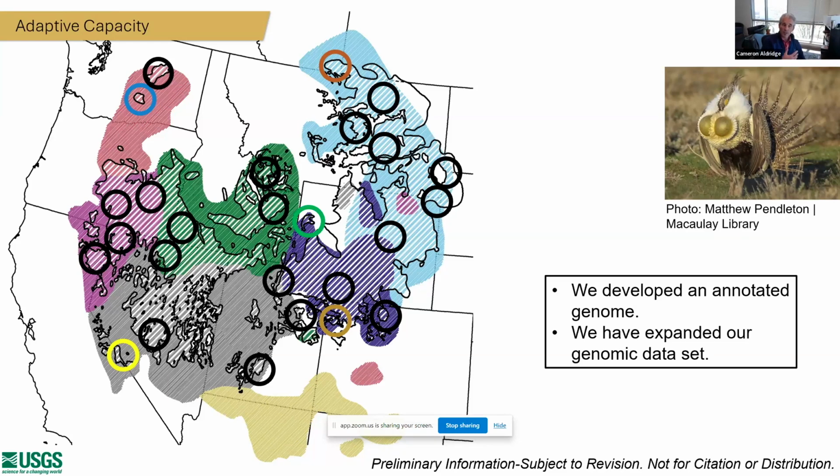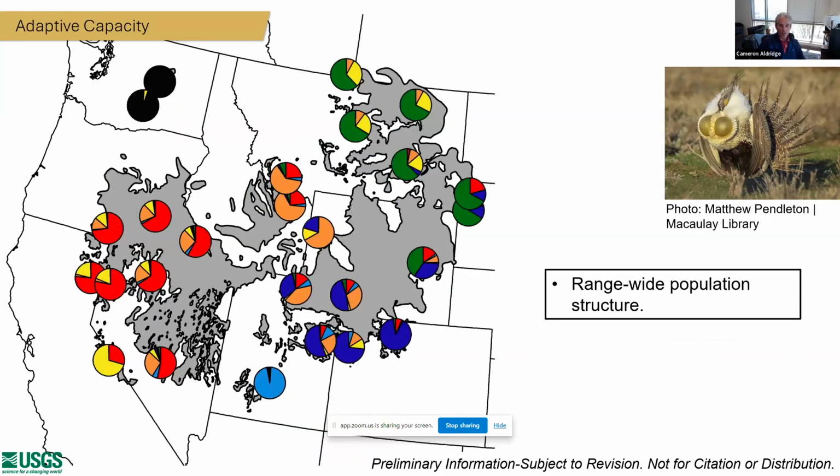That has huge implications for translocation of sage-grouse, as well as for climate change. As climate tends to shift, we're going to see transitions. We need to make sure that sage-grouse are occurring in the right places that they're adapted to, or ensure that they have the right genes to be able to deal in those particular populations. So range-wide, we see that there is population structure for sage-grouse, and it's different across these areas.